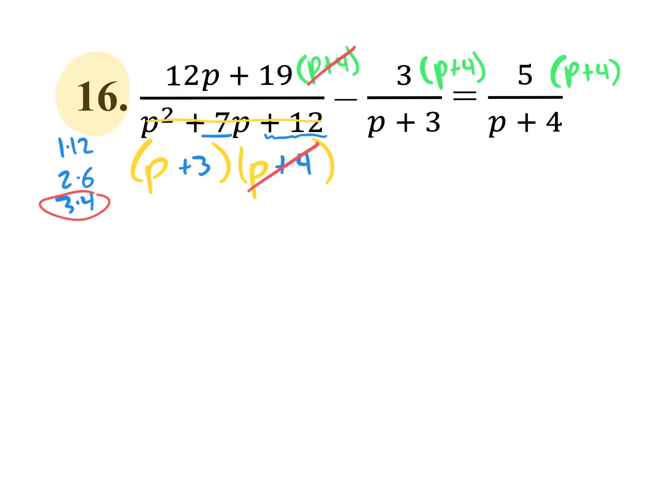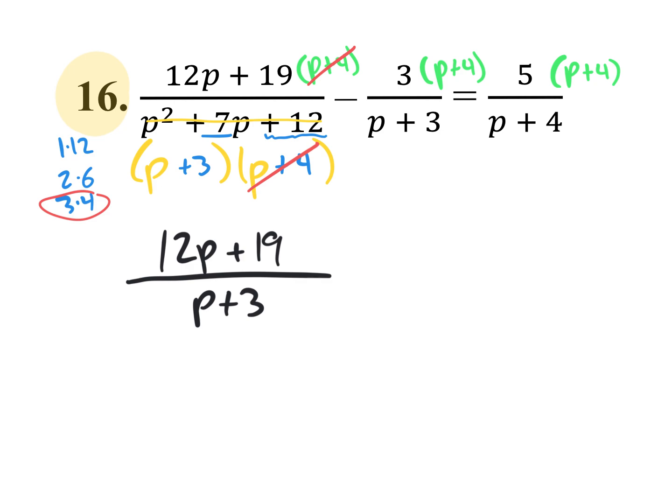And then over here, the p plus 4 does not cancel with the p plus 3. Actually, I should write this out. Let me write this out. It's still a fraction, but at least it's a lot nicer. You have the 12p plus 19, but it's now only over p plus 3. That's all that's left. And then you have the minus sign, and you have this other fraction,